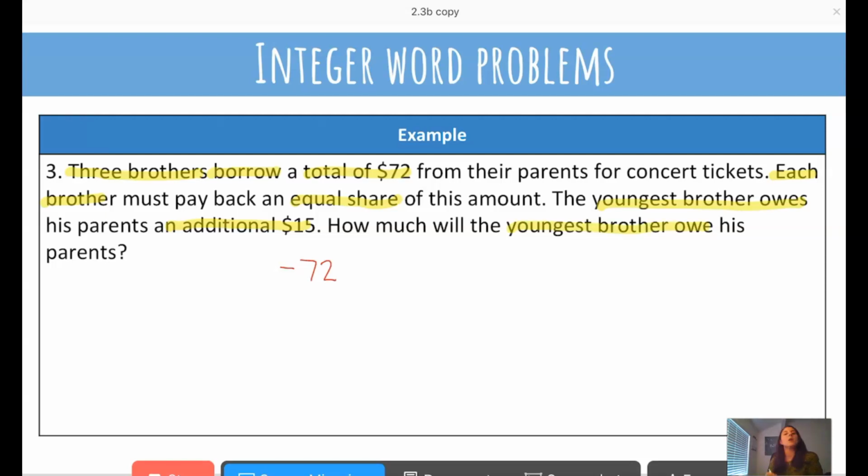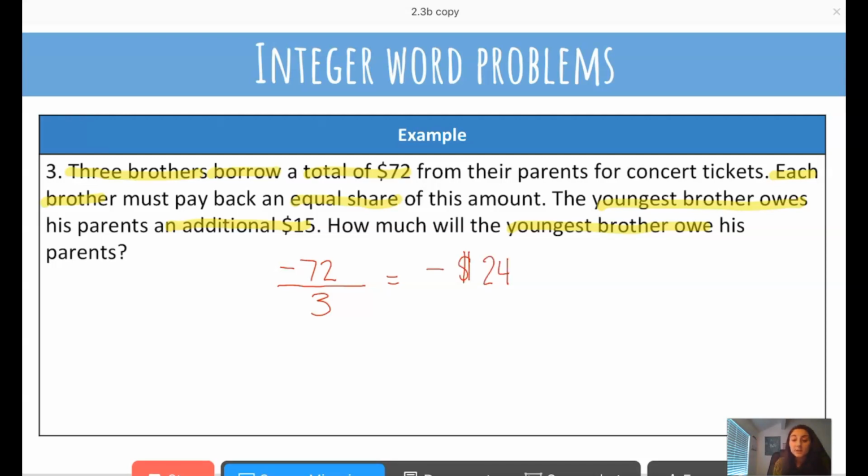Okay, so in total they owe $72, so negative 72. And they're splitting it equally among 3. So we're going to divide it by 3. You can write it like that, or you can write negative 72 divided by 3, whichever one you prefer. I prefer to use the fraction bar. So negative 72 divided by 3 to get how much one brother owes. A negative divided by a positive is a negative, and 72 divided by 3 is 24. So each brother owes $24,